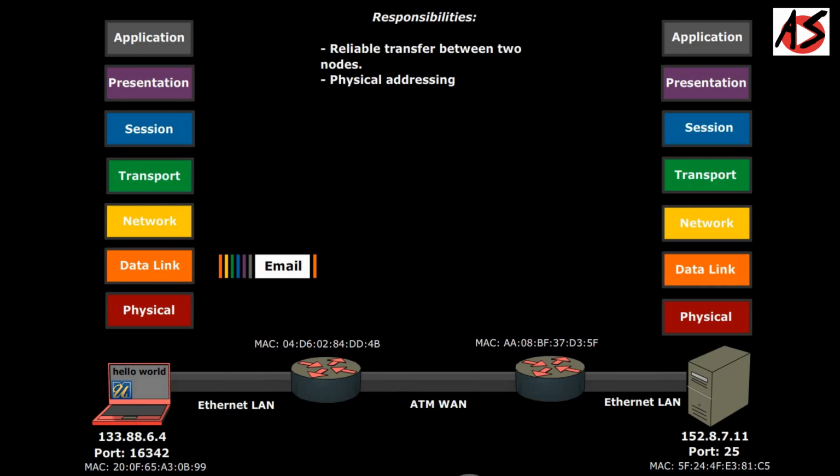The data link layer adds some information in the header and trailer for error and flow control in addition to MAC addresses.